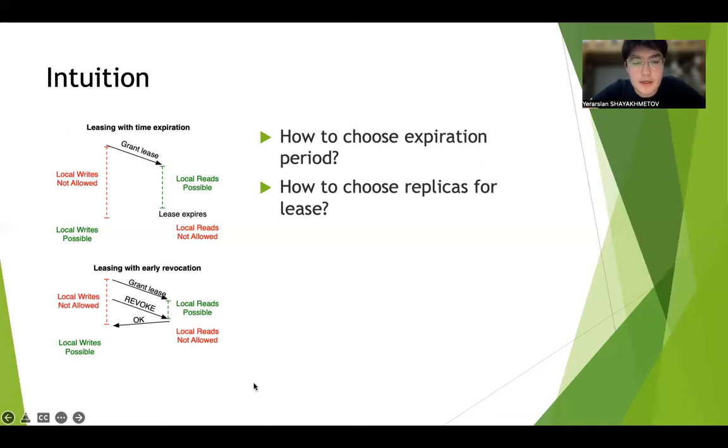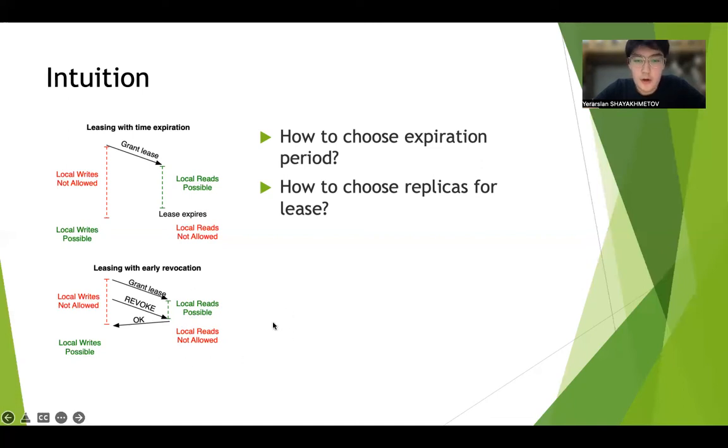So assume the situation that we know that in the Paxos algorithm we need to receive acknowledgement from a majority of the nodes in order to commit a command. So assume that we give the majority we grant leases, and therefore in order to receive acknowledgement from this majority, we need to send the revoke message and receive an OK message. And if some machine in the lease quorum is not responding, it means